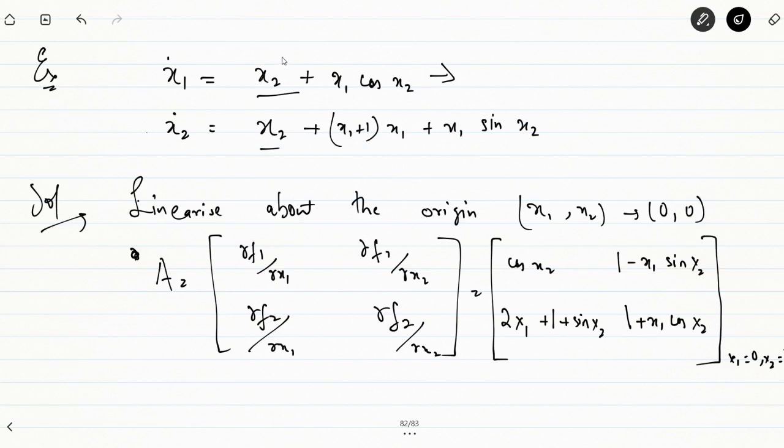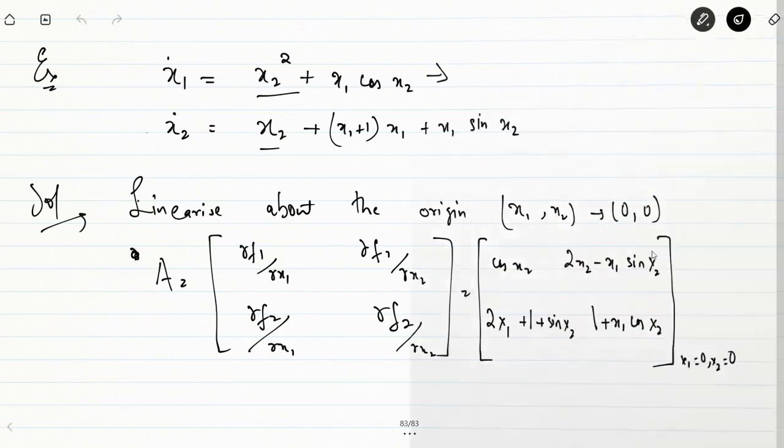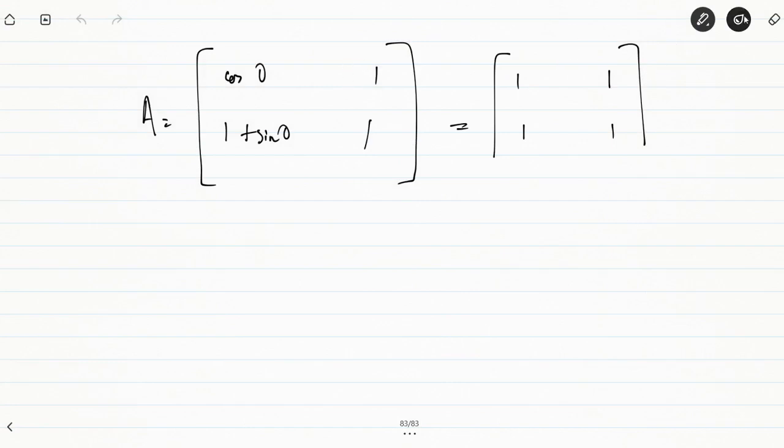This was x2 square here. Since this is x2 square, this remains the same. The only difference here is this becomes 2x2 minus x1 sine x2. So this 2x2 will be 0 when we substitute x2 equal to 0. That means this becomes 0, this becomes 0. So we have A equal to this. So x dot is equal to [1 0; 1 1]. So this is your linearized